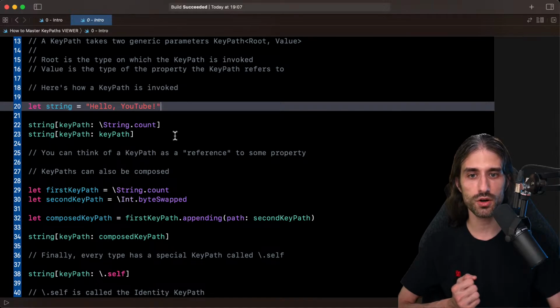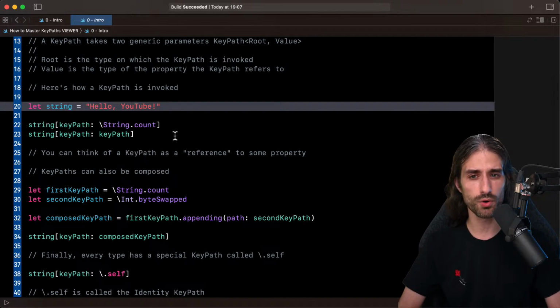So it's a special subscript that is available on, I would say, almost, I was about to say it's available on every value in Swift. That might not be the case for every value, because functions, for instance, I don't think you can call a keypath on them.